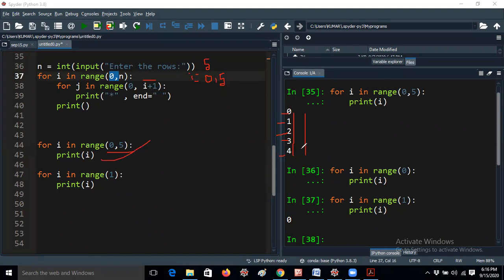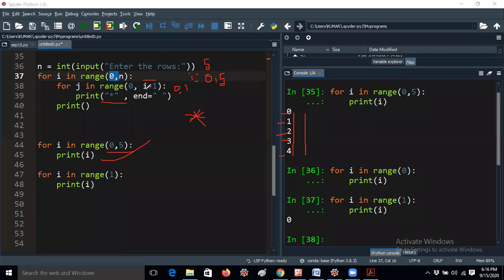In the same way, for j in range of 0 comma i plus 1: i value is 0 first, so it will take 0 comma 1. If you give 0 comma 1, it will take at least one value. That's the reason the first time, 1 star is printed.